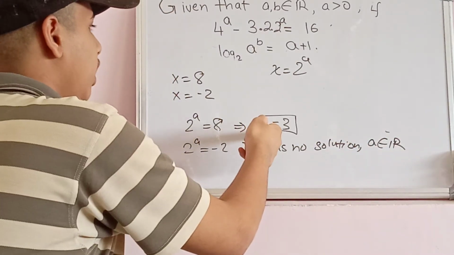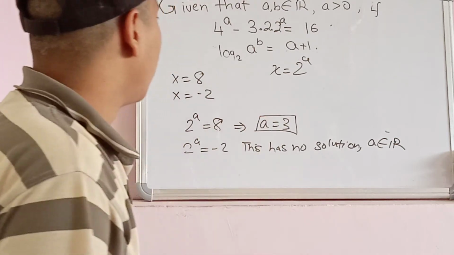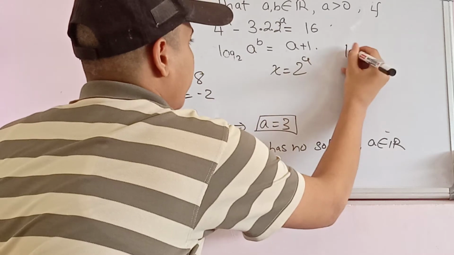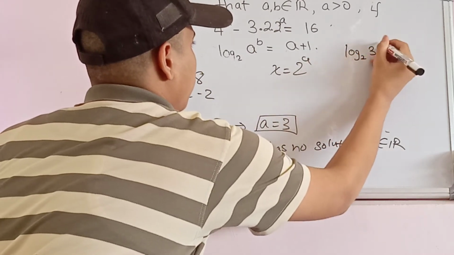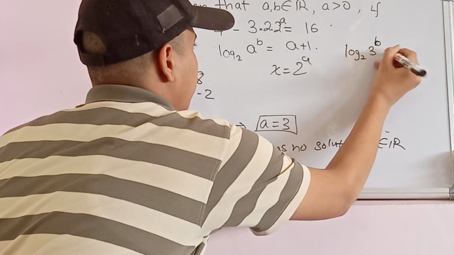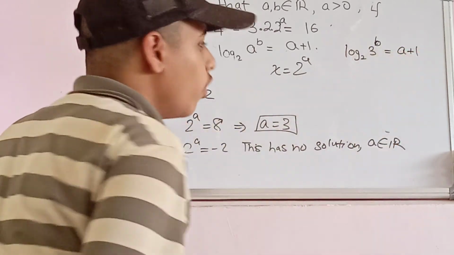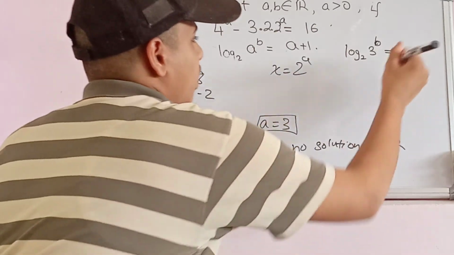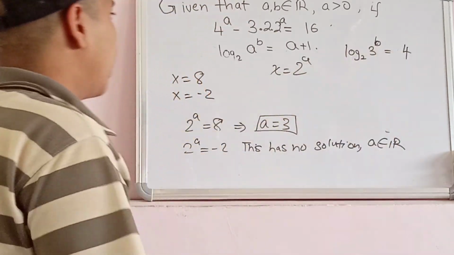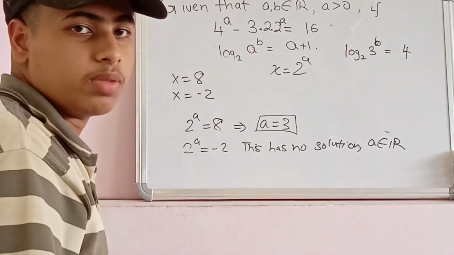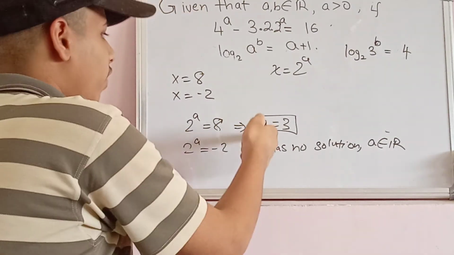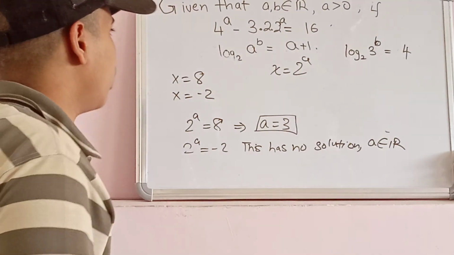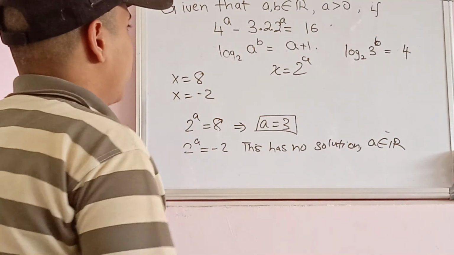And we have this relation a equals 3. We will plug this back over here: log base 2 of 3 to the b is equal to a plus 1. We need to find the sum of all the possible values of a to the b. Well, we have only one a, so we will have only one possible value of a to the b. So what is the possible value of a to the b? Let us